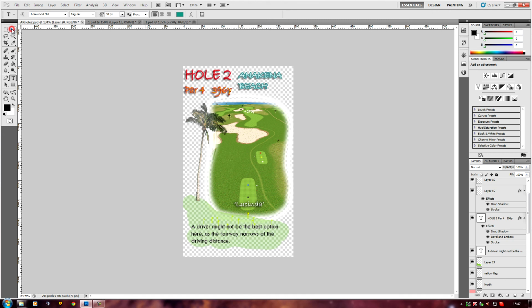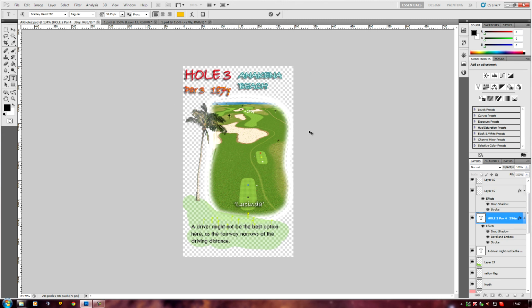If I go to move, I would go on text, click on the text, and if this was hole 3, I would simply delete the 2, type in the 3, and the same with the yardage. This might be 187 yards, par 3, and I can use the same basic setup and just change the whole image for each one, change the text, any tips, whatever, and then save